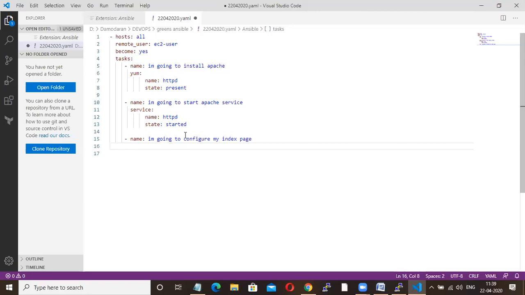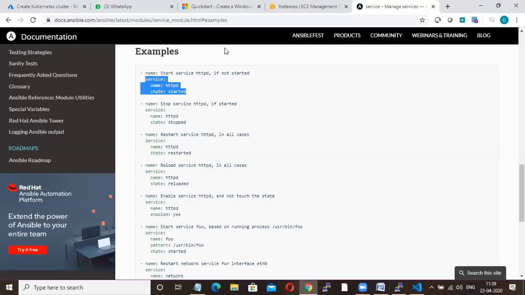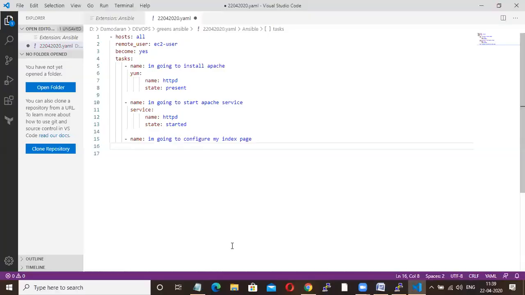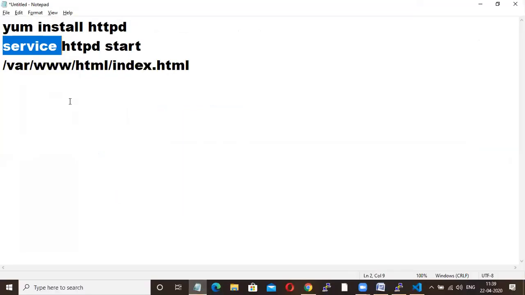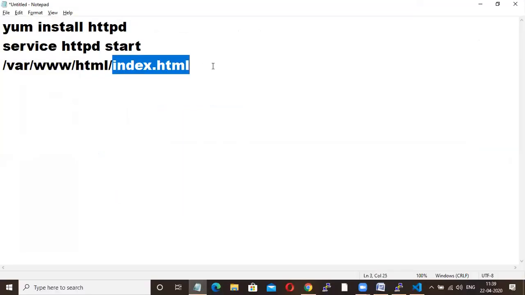Okay, so I'm going to configure my index page. Now which module do I have to go for? Here you are going to configure the index page. So index.html is your page. HTML is one file, correct? So you have to go for the file module.